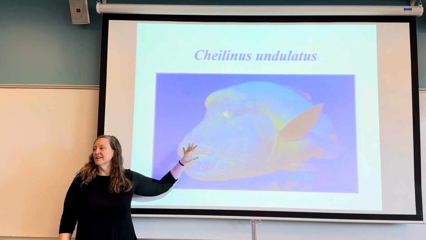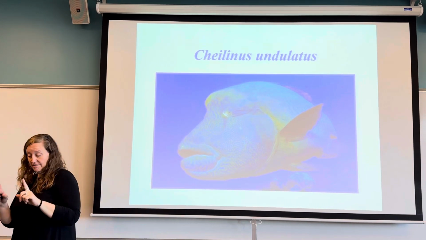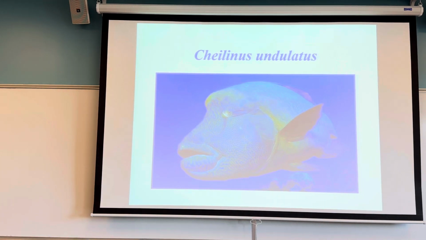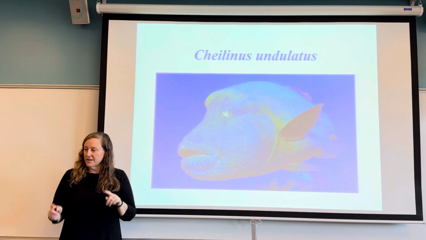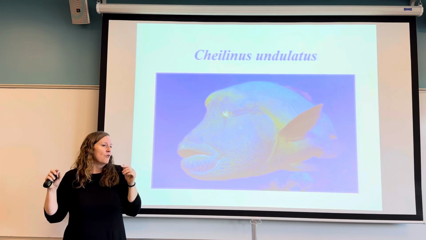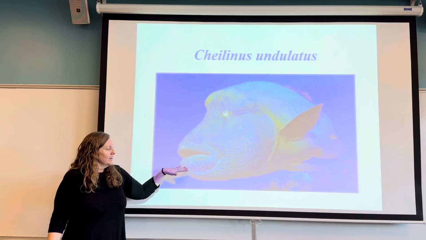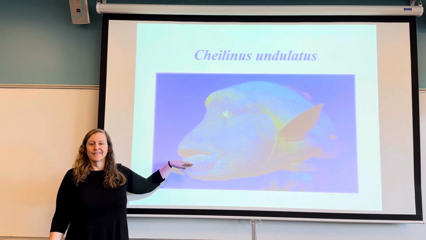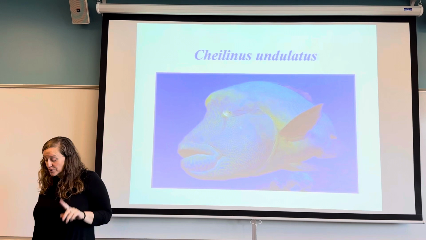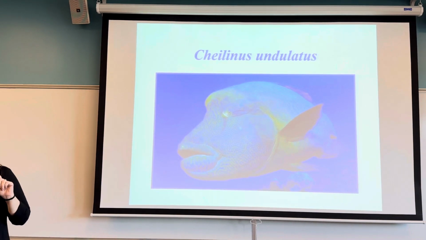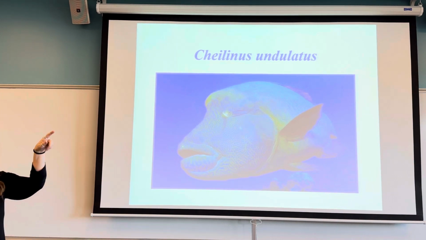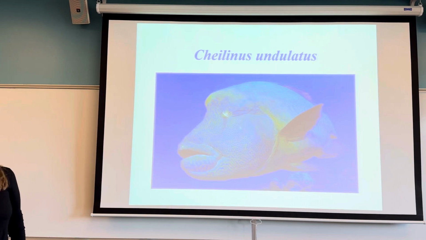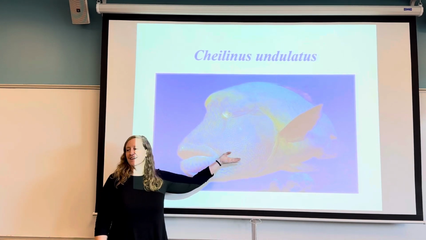In one reef area, there's only one of this type of Cheilinus undulatus. This is what we call a supermale. The rest of the species are females and males who are more blandly colored. So here we have one male who's big and bright and beautiful and weird and cool looking, and the rest of the males are smaller and not so colorful. The females want to mate with the supermale. Usually males will put on a little show to attract the females. Here's a case where the females are going to be like, hey, look at me, mate with me. So they're trying to get this guy's genes.